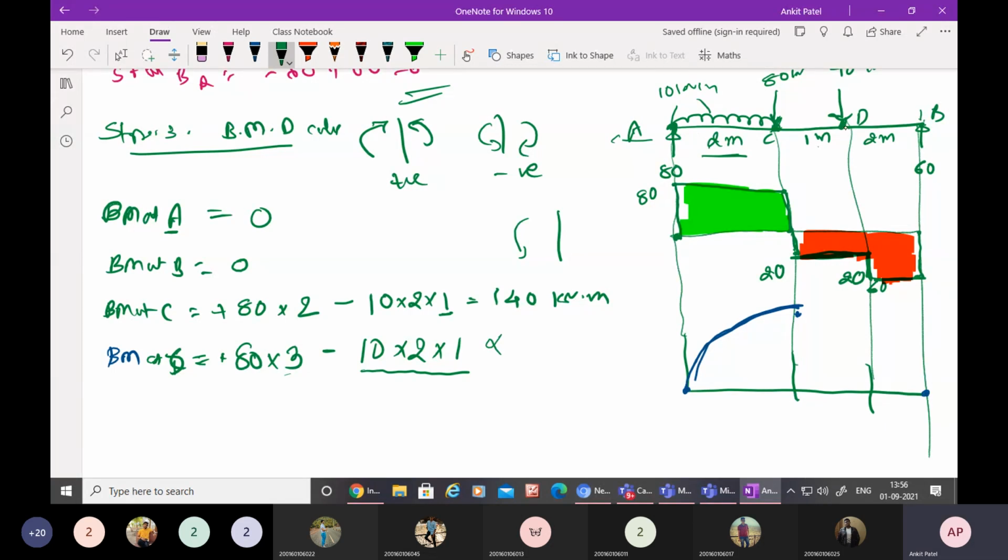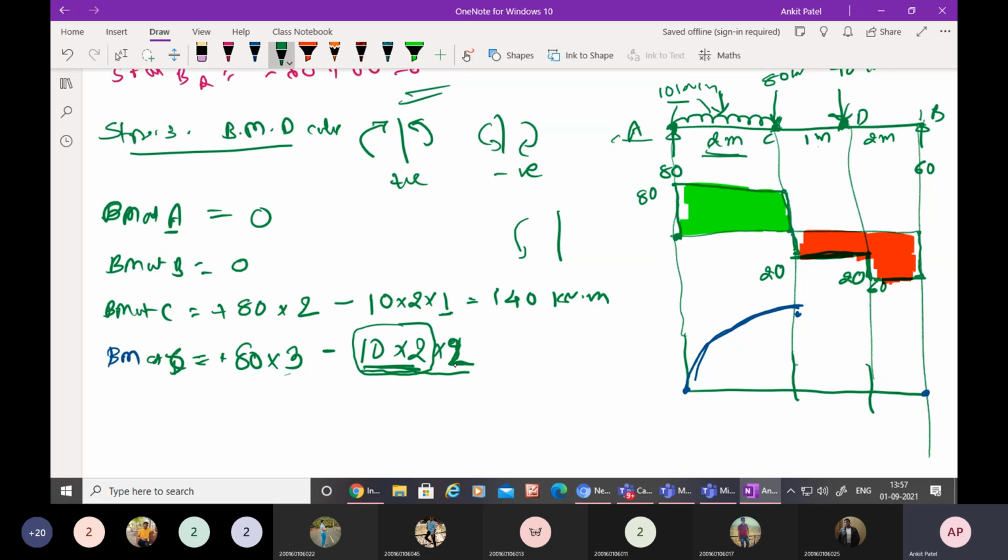Why? So you are over here and you have to find out first of all the force. So you have perfectly done. Calculate the force. That is 10 into 2. This one is perfect. 10 into 2. Clear? Now you need to multiply it with the distance. So you are here and this 10 into 2 is acting at the mid span of this 2 meter. Clear? So what is the distance between this and this? 2. Clear? So this is your mistake.